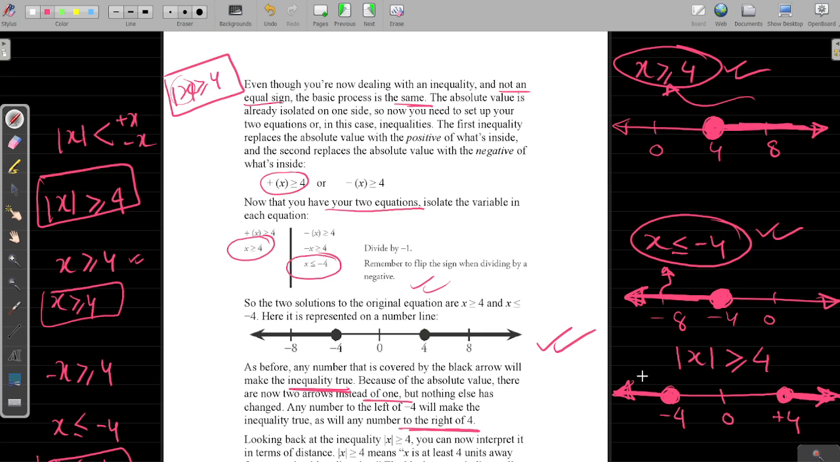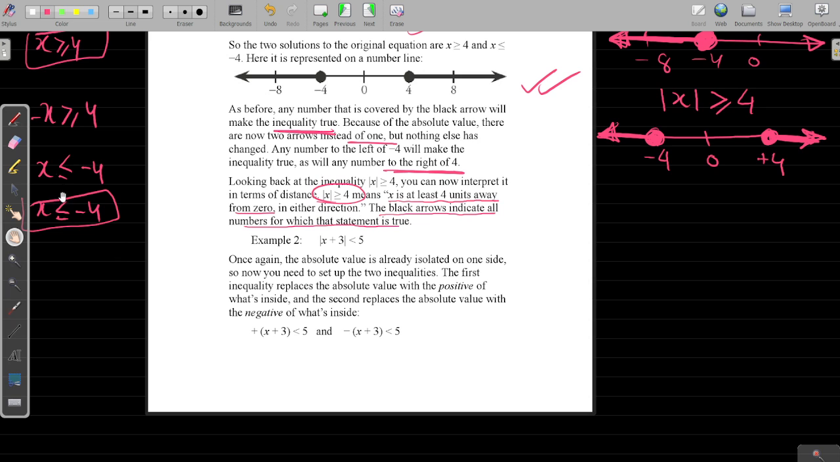Okay, the same thing I have discussed. Looking back at the inequality modulus of x greater than or equal to 4, you can now interpret it in terms of this. That means x is at least 4 units away from 0, because modulus of x is greater than or equal to 4, and in either direction the black arrows indicate all the numbers. So whenever you solve this type of inequality, you must follow this process. Just learn this: modulus of x, or modulus of any variable, equals plus of that variable as well as minus of that variable. Okay,